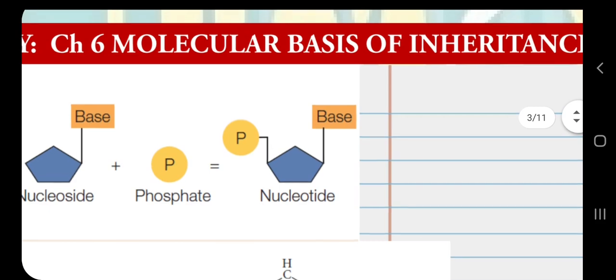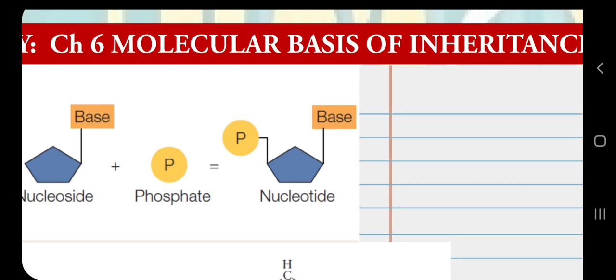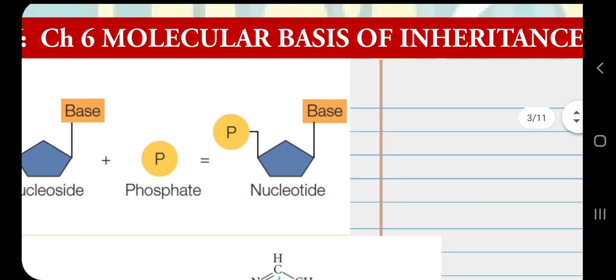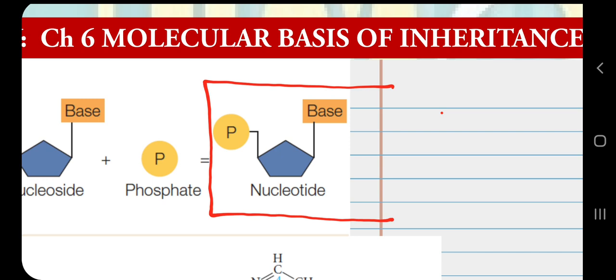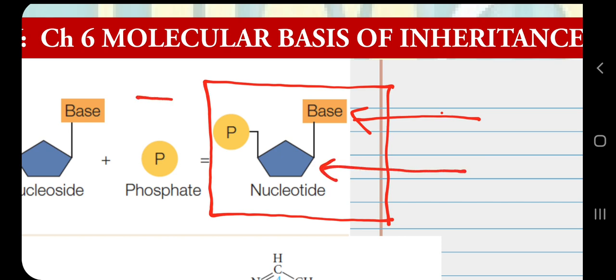This structure here represents a very basic idea of a nucleotide. What a nucleotide really is, is that it is made up of 3 units. These units are called the nitrogenous base, pentose sugar and a phosphate moiety. So a very simple idea of a nucleotide is that these 3 things make up a nucleotide.